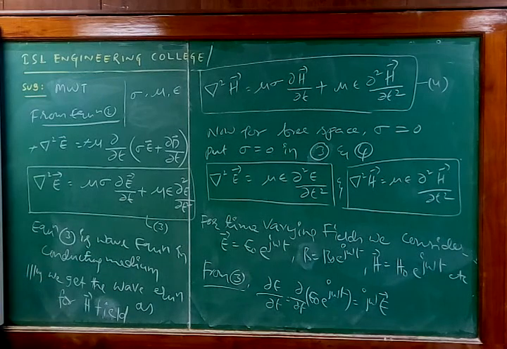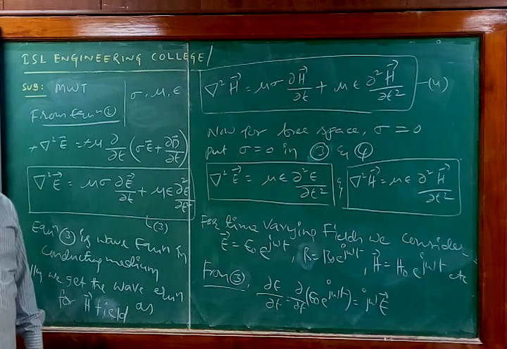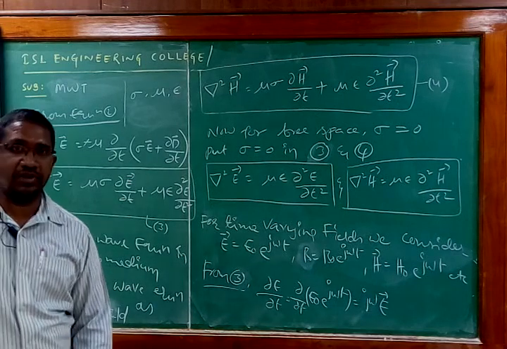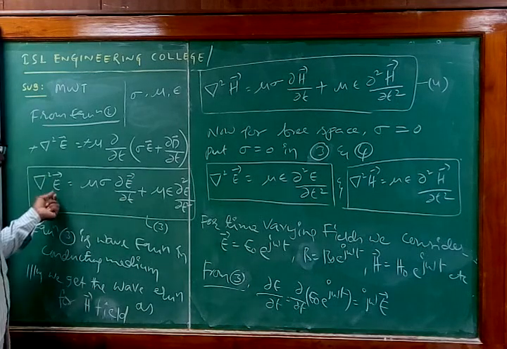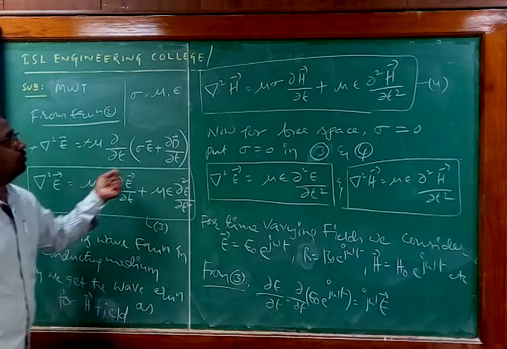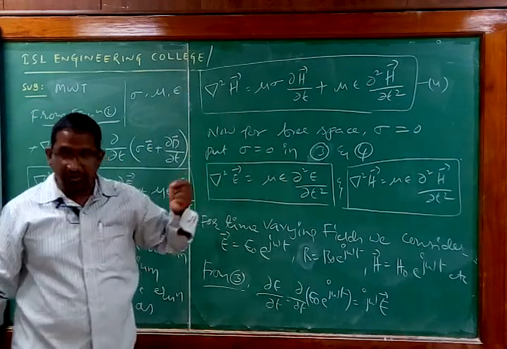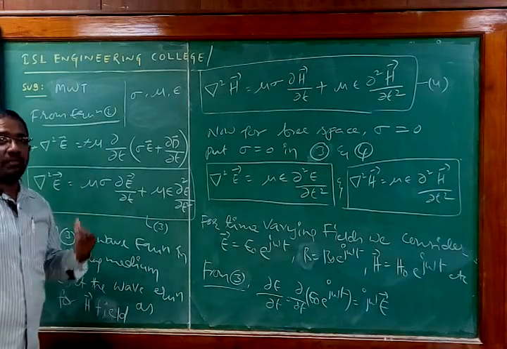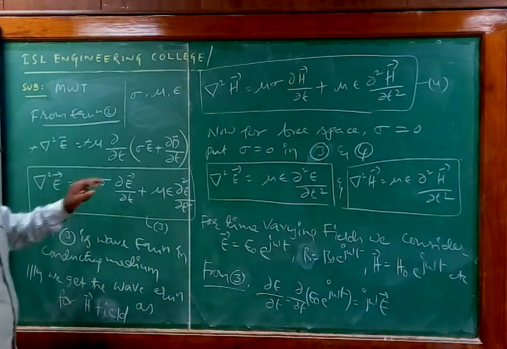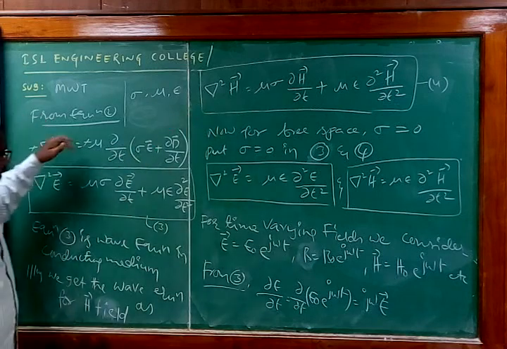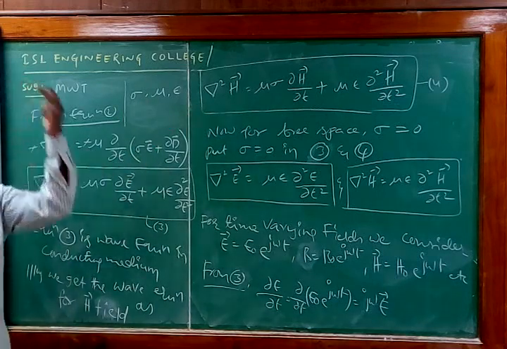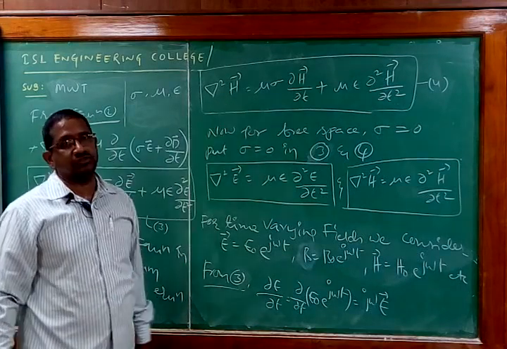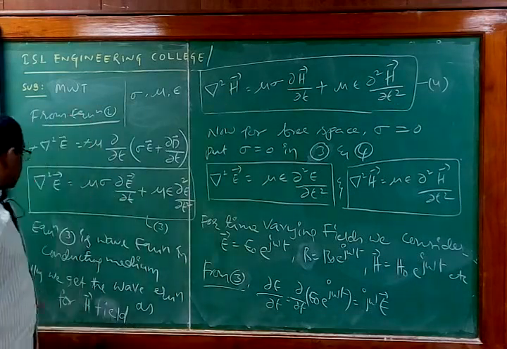Similarly, we can get the wave equation for the magnetic field. This is what I was telling you, something like buy one, get one free. If you get the equation for the electric field, you will get the equation for the magnetic field without solving for it. That is the beauty of Maxwell's equations. Even if I solve it by making all the substitutions this way or that way, finally I will get the same equation. That is why I am simply writing it here.